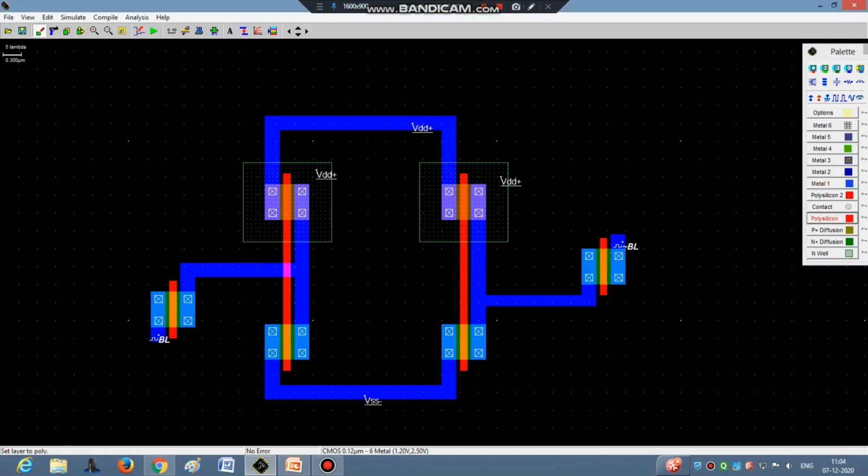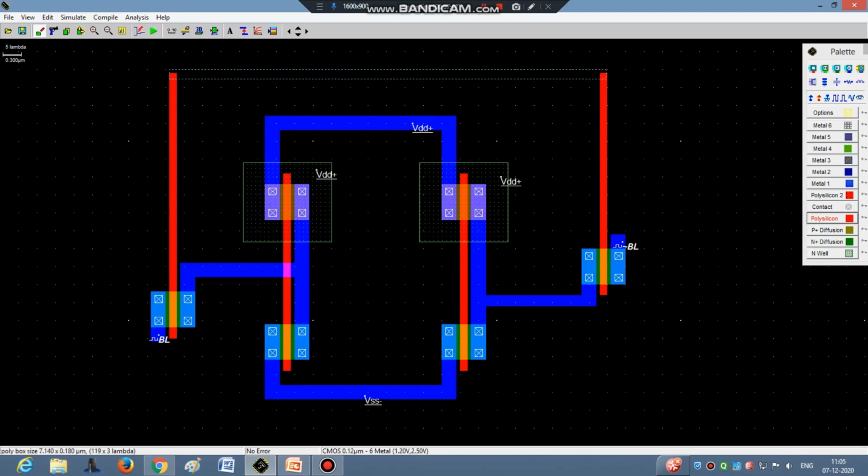Polysilicon, here also stretch this polysilicon. Short these two terminals and select word line.